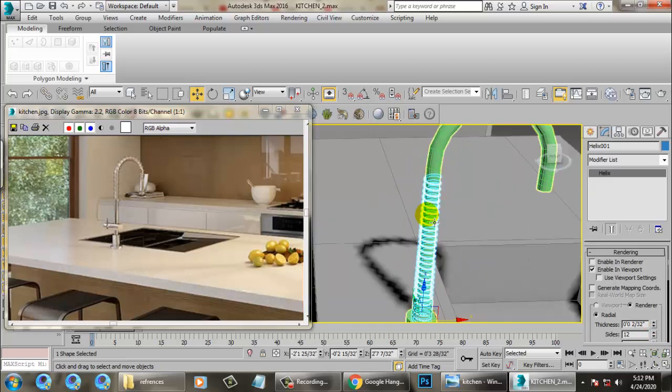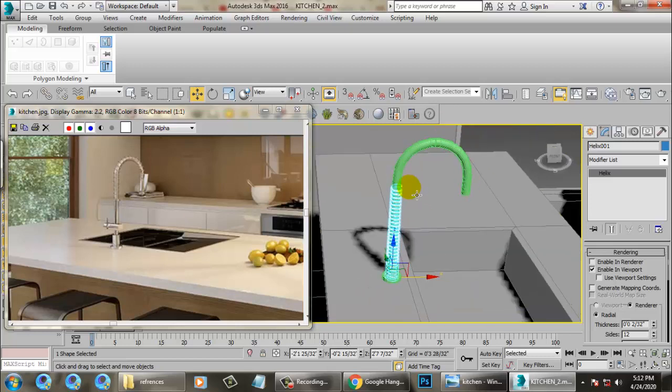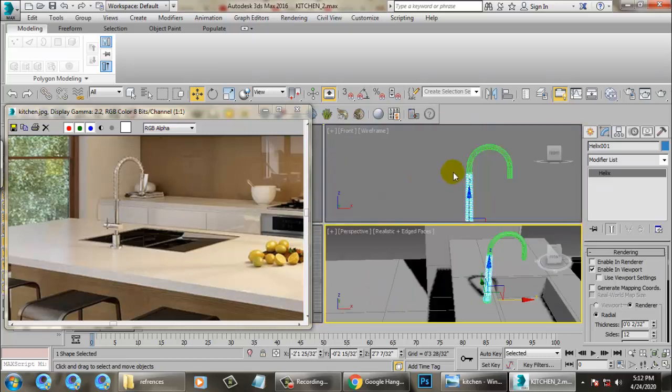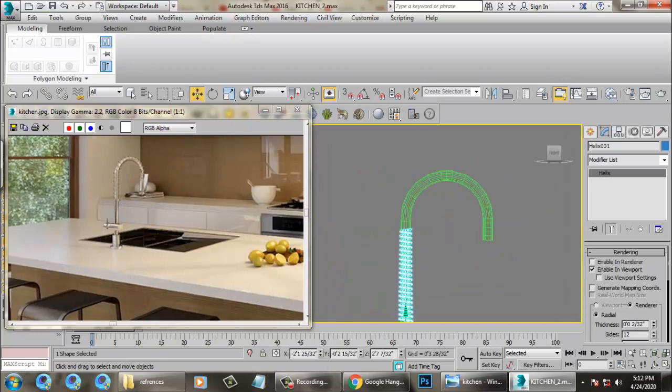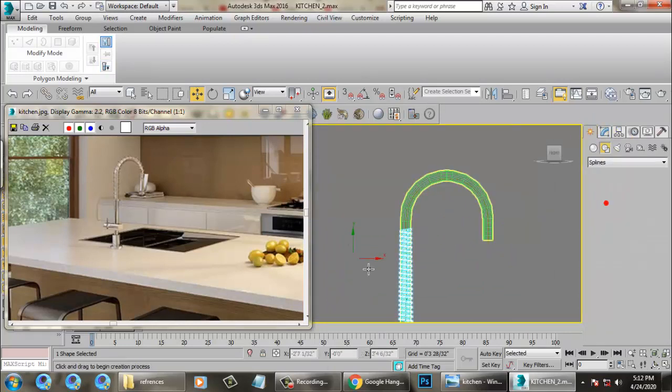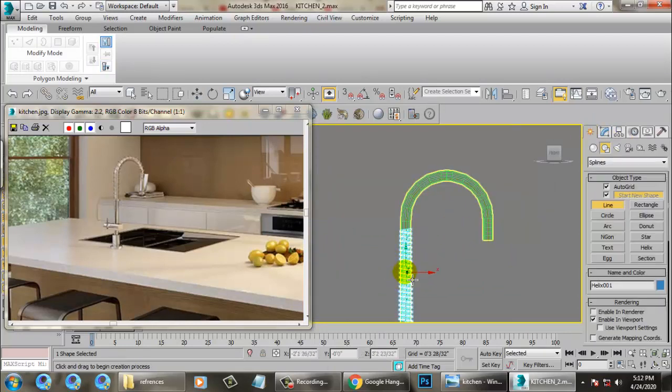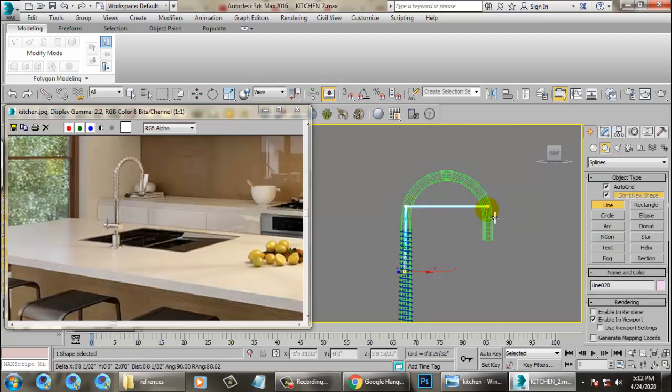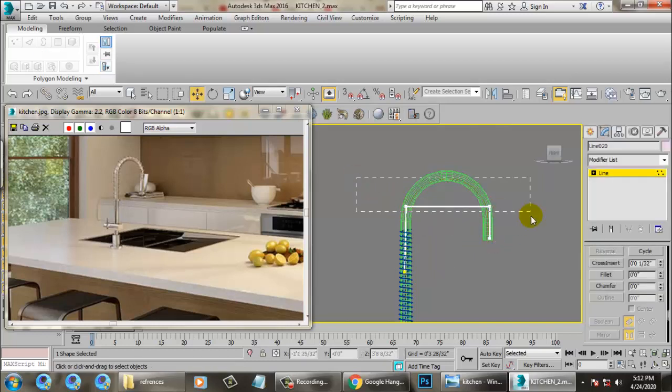what I can do over here is either push it on a path. I can just drag this, select this, and give a bit of fillet.